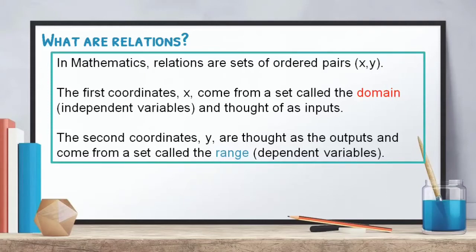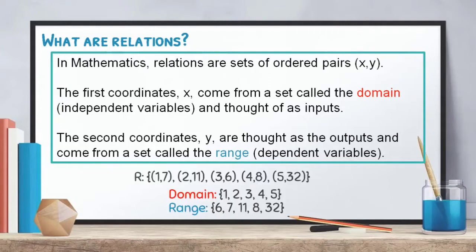So the first coordinates represented by our x come from a set called the domain. So they are independent variables, and we think of this as our inputs. Second coordinates, which is your y, are thought as outputs and come from a set called our range. They are dependent variables. So for example, we have our set (1, 7), (2, 11), (3, 6), (4, 8), and